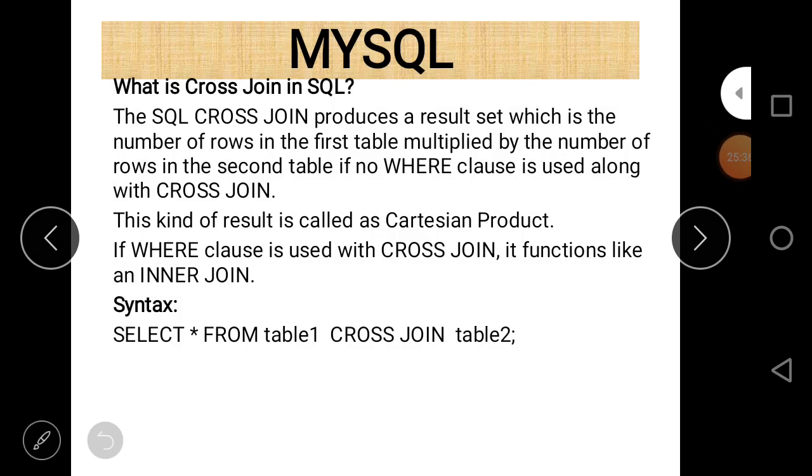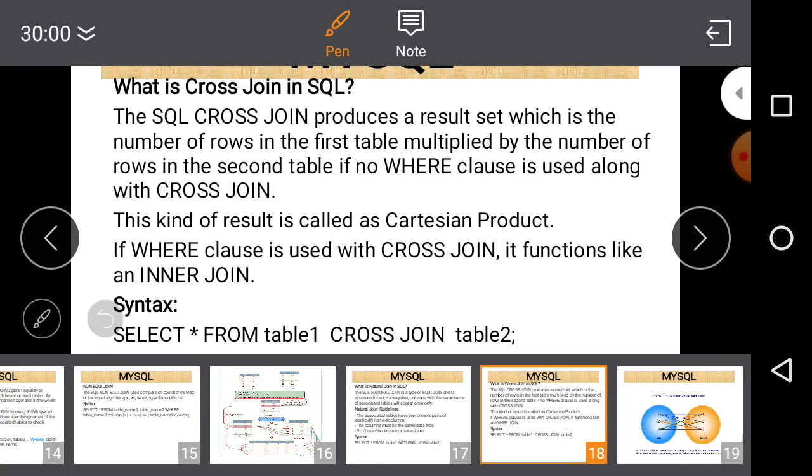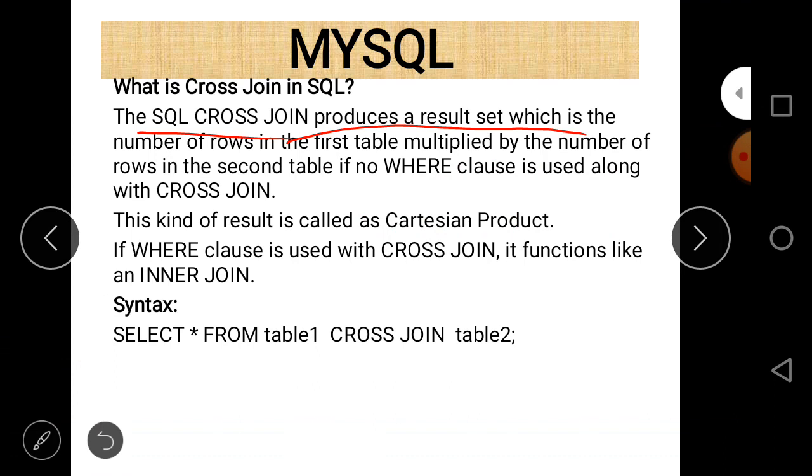The SQL cross join produces a result set which is the number of rows in the first table multiplied by the number of rows in the second table, if no where clause is used along with the cross join. We put a where clause if we want to join two tables on the basis of some condition. Otherwise the Cartesian product of the two tables will be the result.